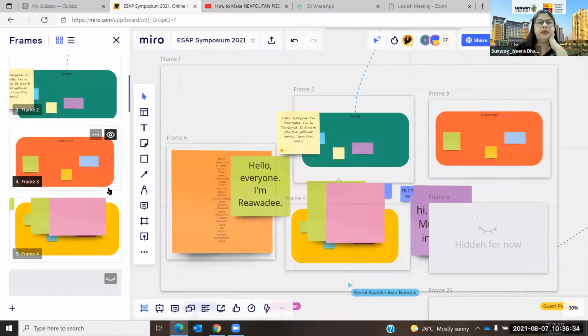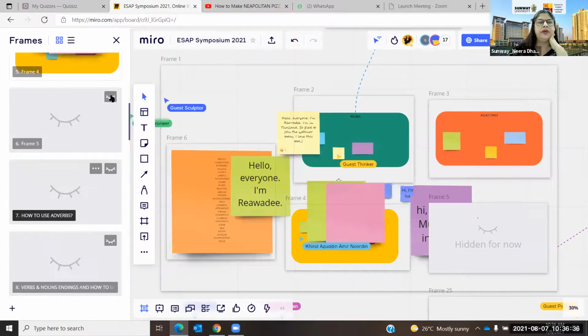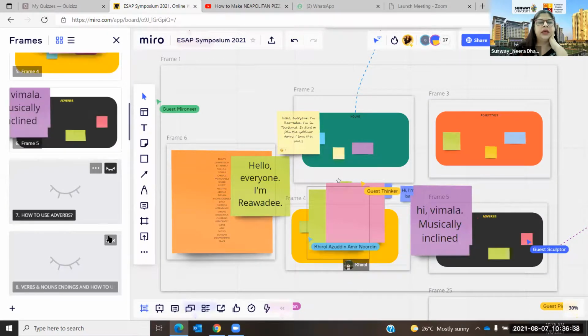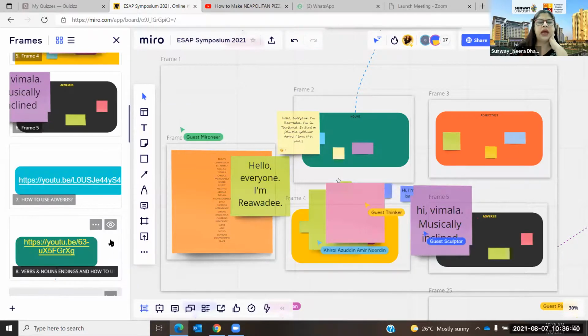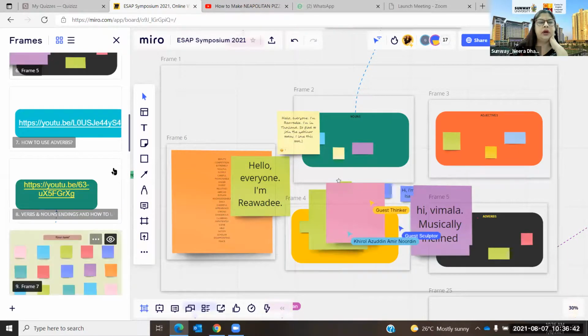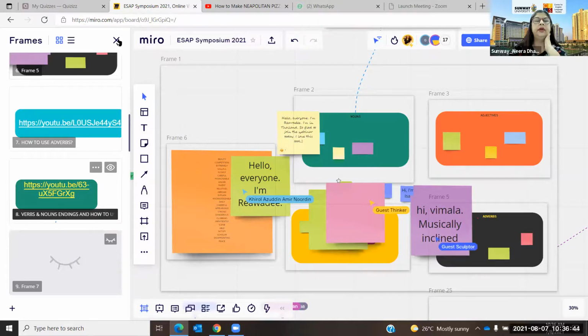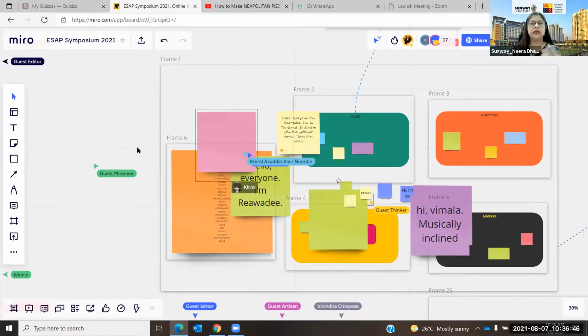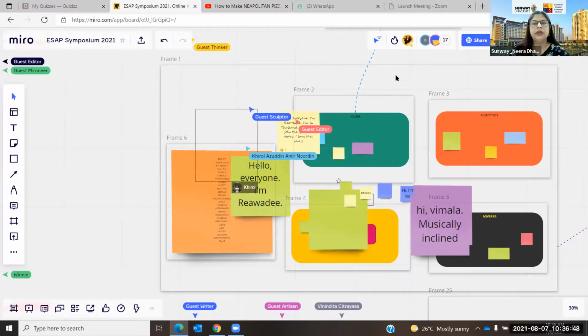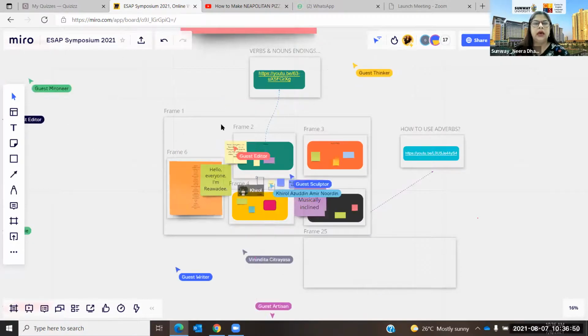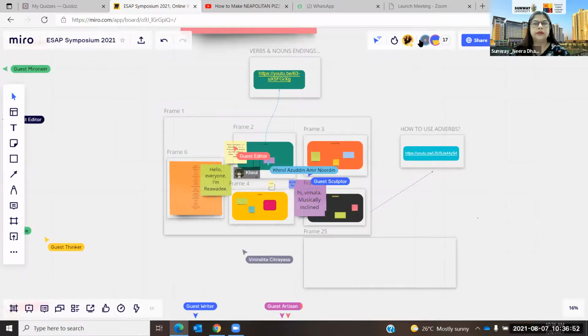Now in frame number 1, if all of you can come there. So this is an activity which I have used for vocabulary. So this is what I can do. So what's going to happen is